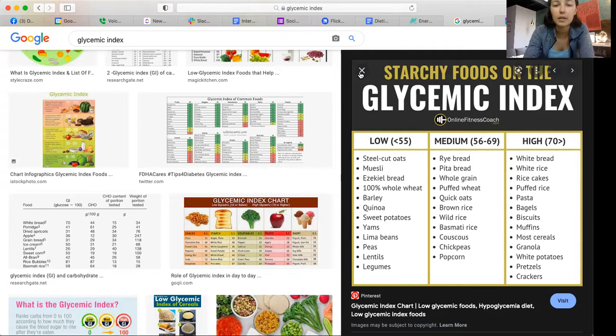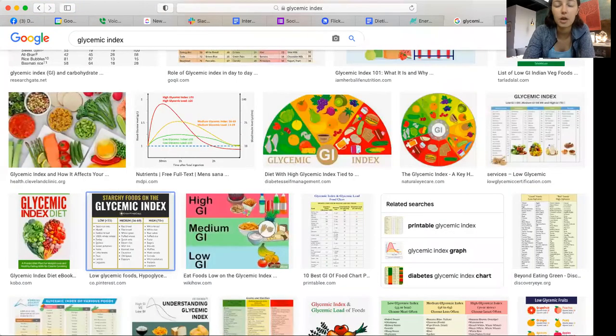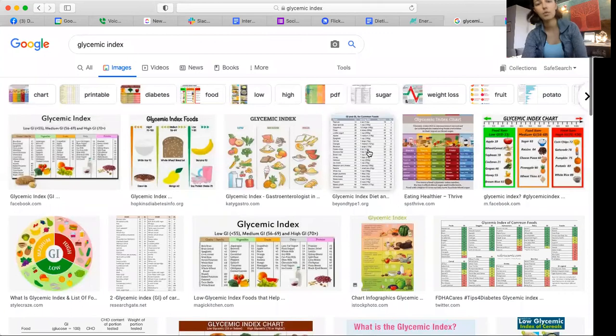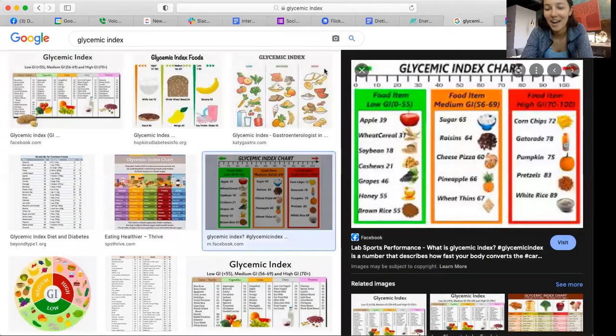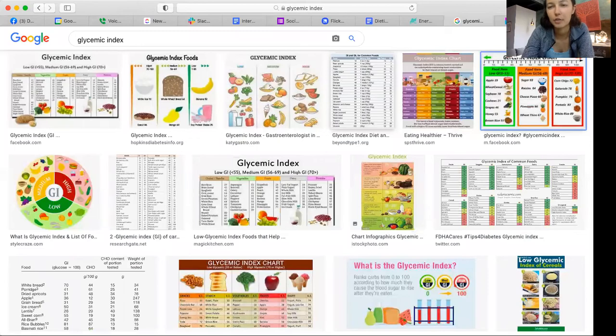If you want to learn more about that, definitely talk with your coach. It's something that was more popular several years ago, but I think it's still valid in many ways, and just something to think about. A lot of it's very intuitive: chips and Gatorade and white rice are on the high end, but then there are some surprising things like pumpkin. Who would think pumpkin would be really high? So it's interesting to look at the list and see some of those more nuanced foods that aren't as obvious.